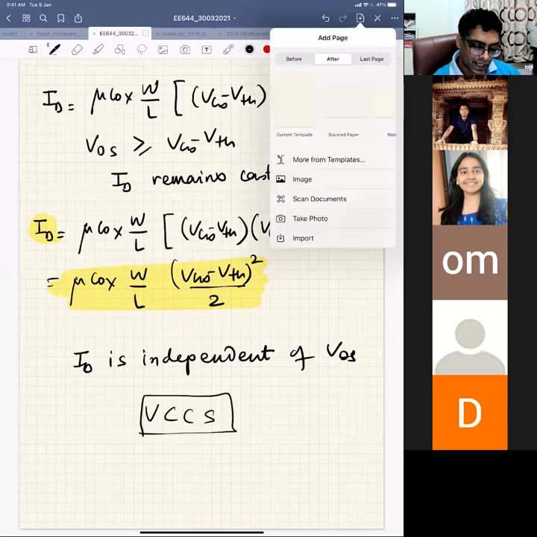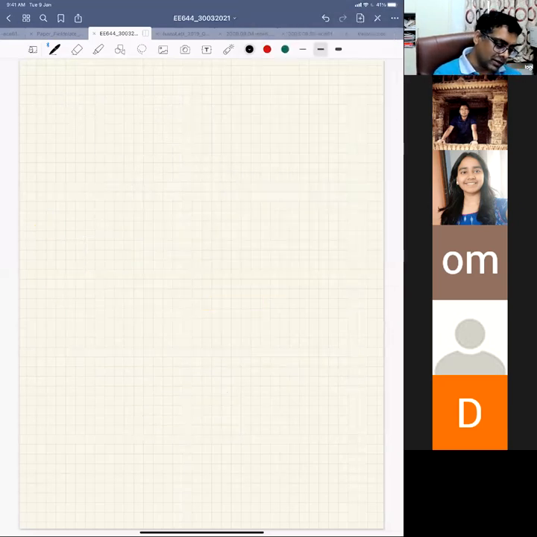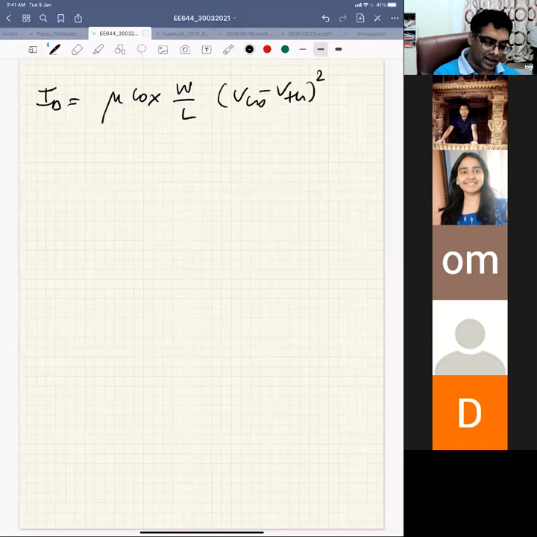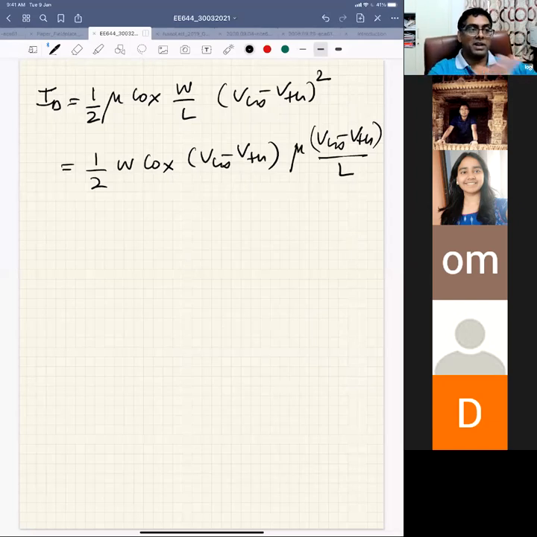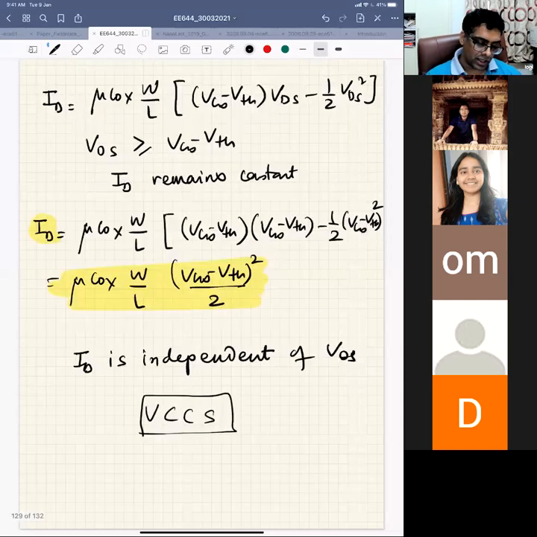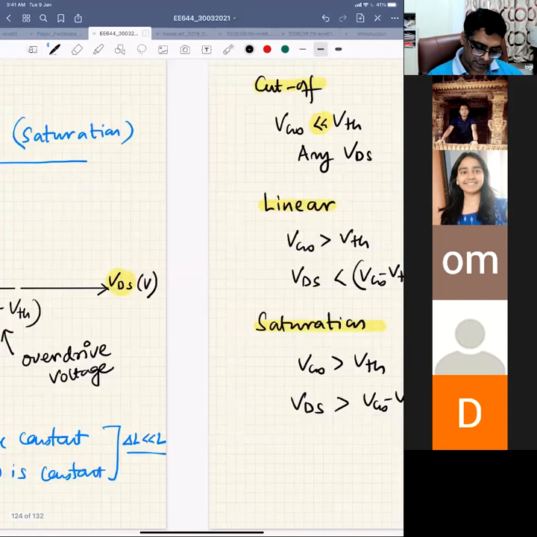So here again, if I look at this equation, mu Cox W by L, VGS minus VT squared, there is a half here. So I could also divide it into two parts: half W Cox (VGS minus VTH) and mu times (VGS minus VTH) divided by L. So this is the same equation, I just separate it into two terms. So if I copy this,